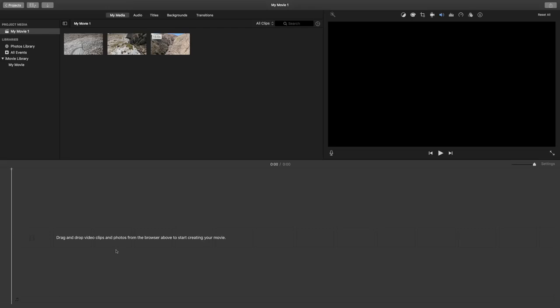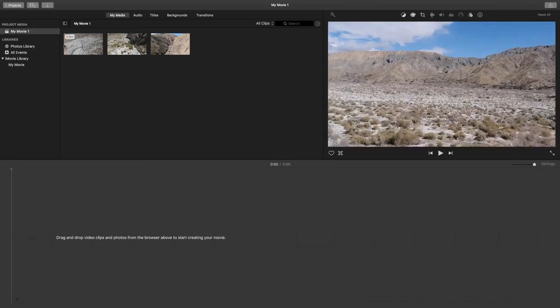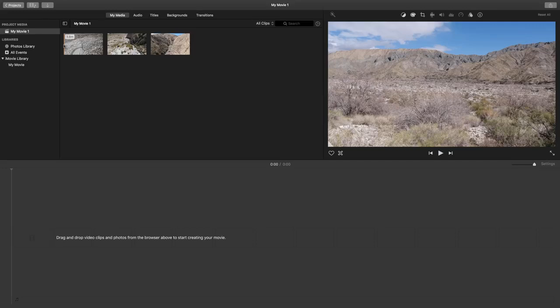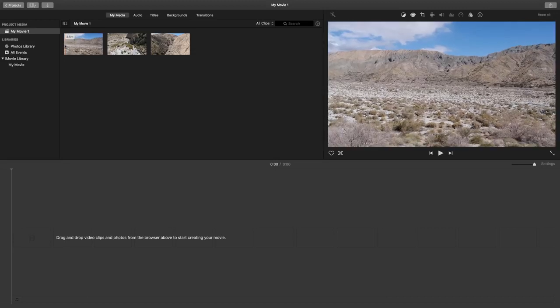And by the way, some of these actually do also work in Final Cut Pro, should some of you decide to graduate to that. So this first shot here, when I do drone shots, I kind of like the initial liftoff shot. This is, by the way, in Palm Springs, California, actually technically just outside of Palm Springs. And so when you're finding your shot, the most important keystroke that you need to know here is the spacebar. When you tap the spacebar, that is going to play or pause your video. So because I have my cursor up here at the top left, when I hit the spacebar, it's going to